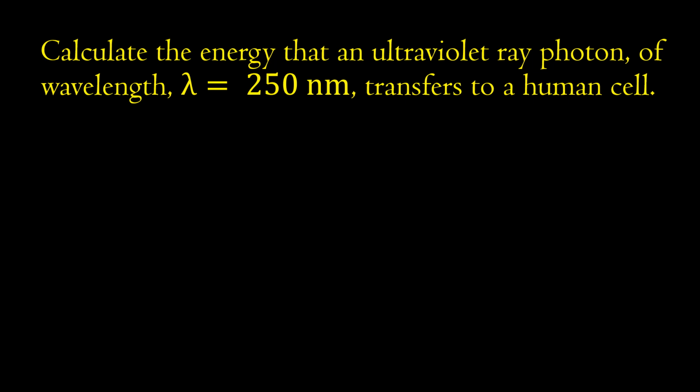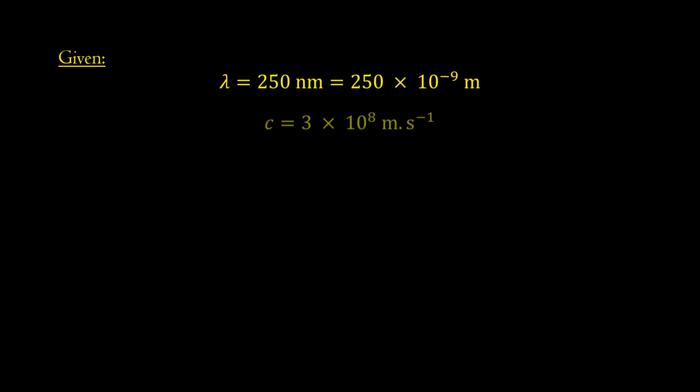Calculate the energy that an ultraviolet ray photon of wavelength lambda equals 250 nanometers transfers to a human cell. We are given that the wavelength equals 250 nanometers, which we can write as 250 multiplied by 10 raised to the power of minus 9 meters. Nano just means 10 raised to the power of minus 9. We know that the speed of